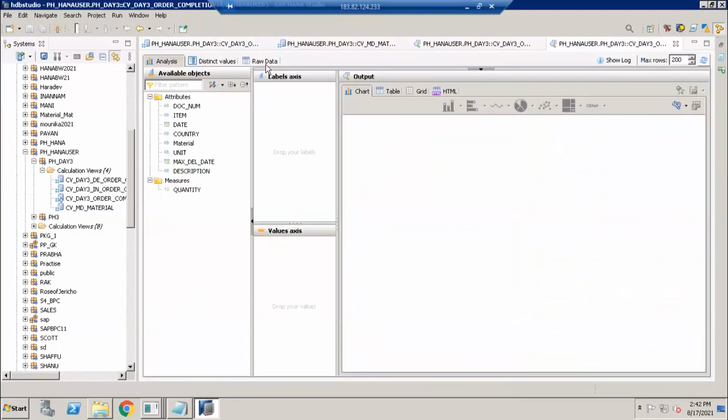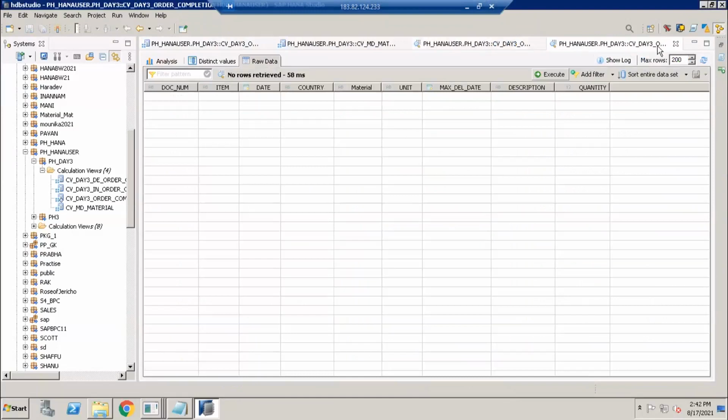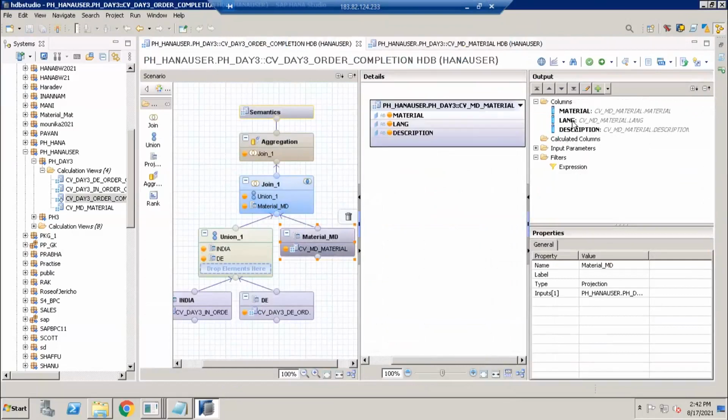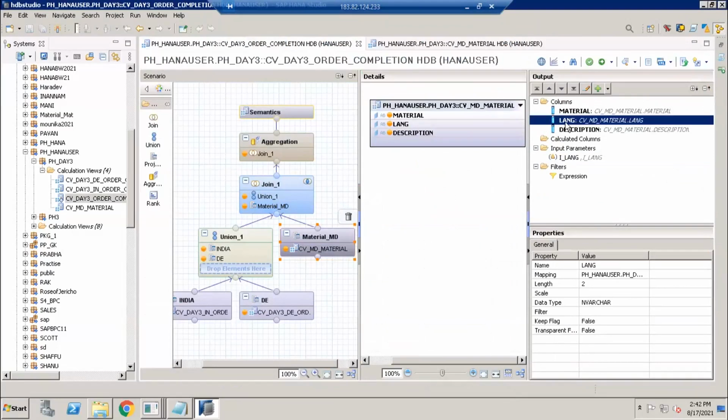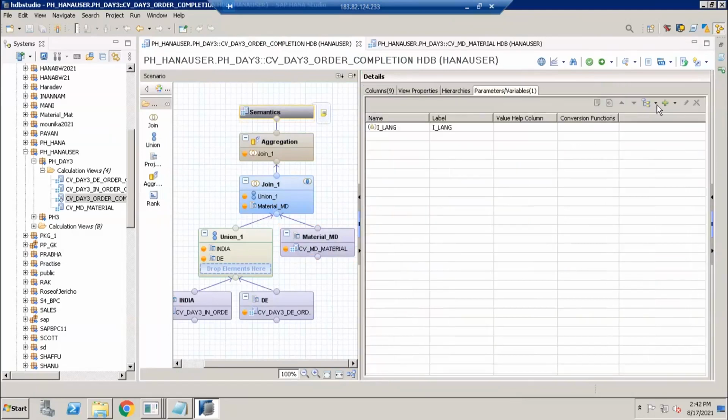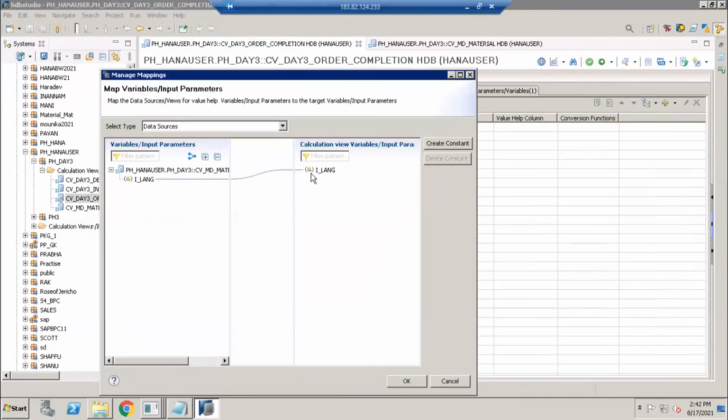Do I need to apply it again? Yeah, I have to apply it then. Okay, sorry, we need to pass this one. We need to apply this filter on my language. Okay, we have the input parameter here. I have to pass this input parameter variable on this language. But actually, if I do assignment from here, it should consider it. Let me recheck one. Data sources, whatever I'm passing here, it will come here.